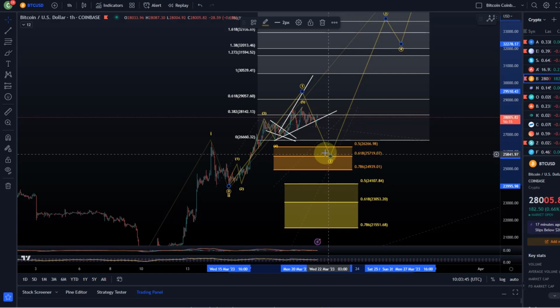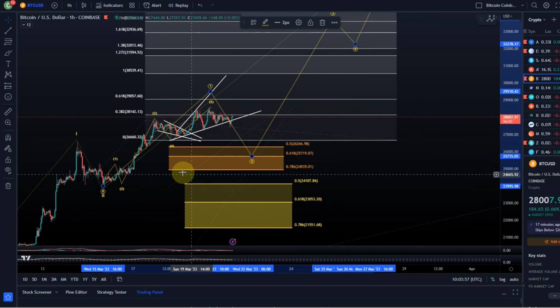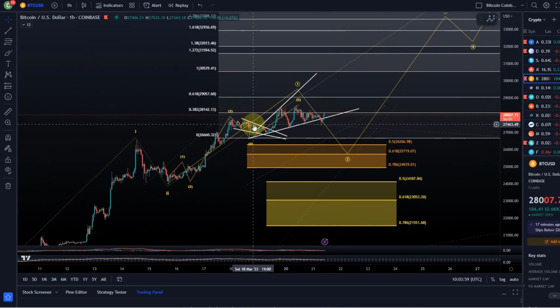But I want a drop at least below the previous swing low, which is at 27,214, to confirm that that drop has started, because you can see the trend line alone is not really sufficient. It reclaimed it quite quickly, and we just need a bit of patience. But what I highlighted to you as well is that obviously the downtrend hasn't started. The pullback, in my opinion, hasn't really started yet, because I can only confirm it if we drop below the